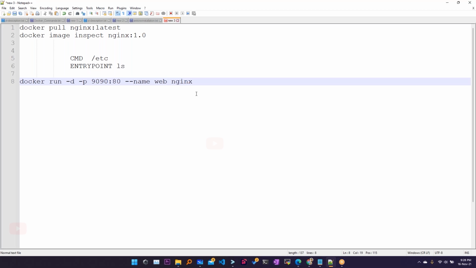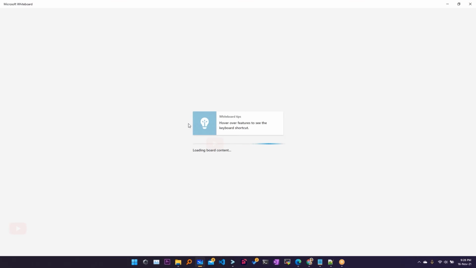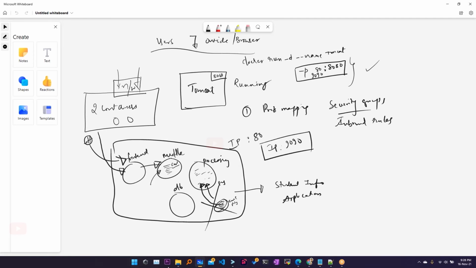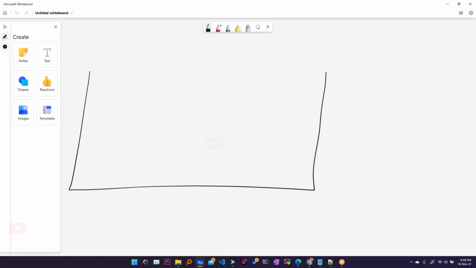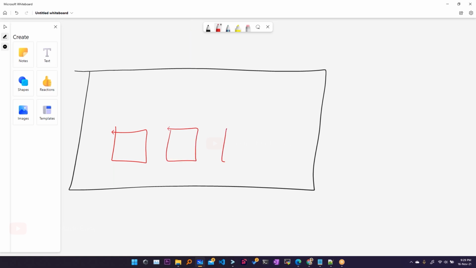The reason that you might want to change it is because your port 80 on the server might be used for something else. Is that why? No. See, the thing is, I can have the same container port running for multiple Docker containers. That is the advantage Docker is bringing to the table. Let's say this is your big host machine, I can have multiple containers, and each container can run on port 80.